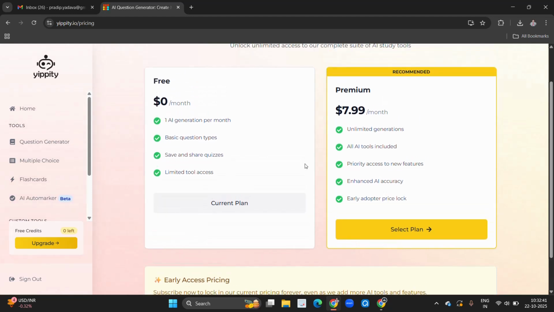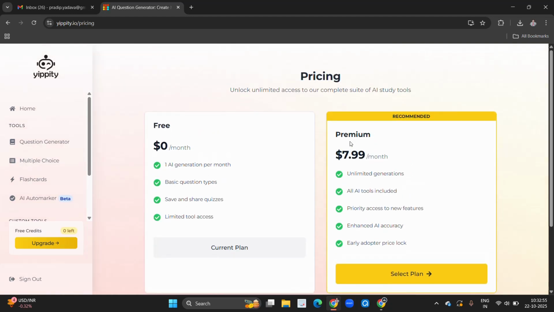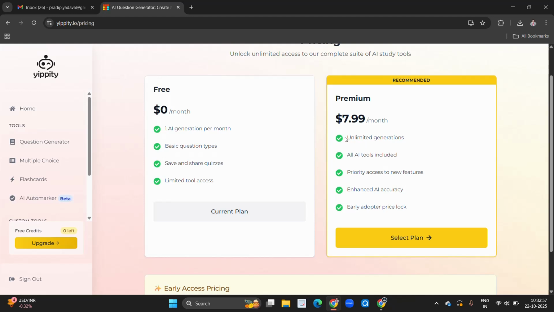So here you can see in the free version: one AI generation per month, basic question types, save and share the quizzes, limited access. This is the free version. But when you are taking the premium version, here you can see unlimited generation, all AI tools included, priority access to new features, enhanced AI accuracy, early adopter price low.